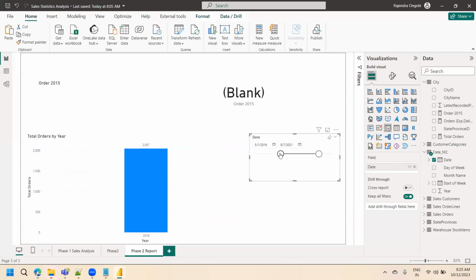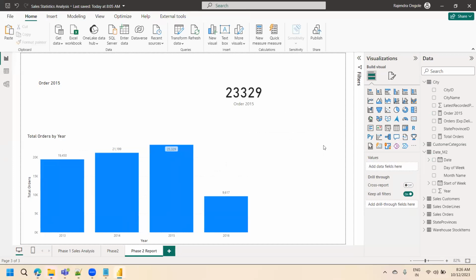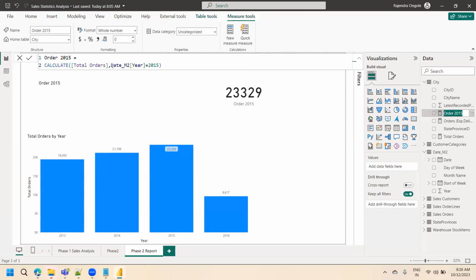To ignore the filters based on the selected field, I'm going to use a function called the ALL function. If I'm using an ALL function in that calculation, order 2015, it will get rid of it. It will not change anything. Okay, that's the meaning. At the complete date level, it will not get changed. The ALL function, what it will do is, if you are applying any filter on the selected field or else a table, it will ignore it. Okay, that's the meaning. So let me add it again